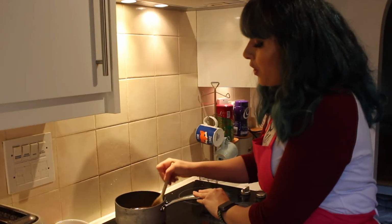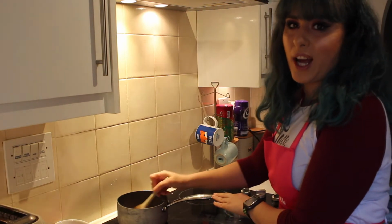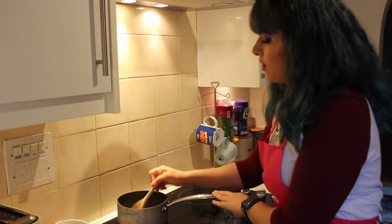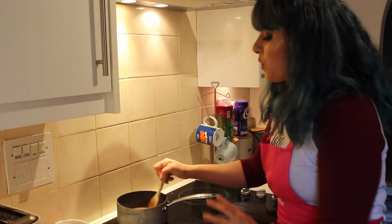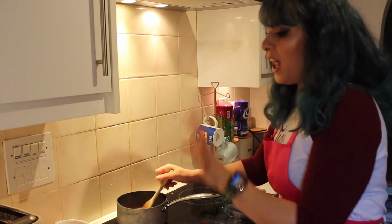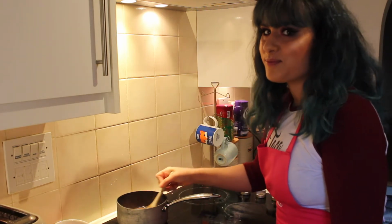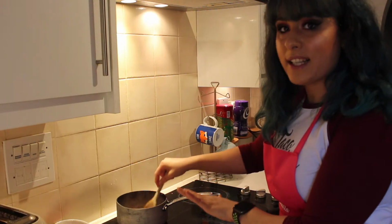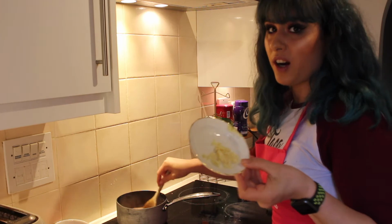And then we're just going to stir this mixture continuously until all the sugar has dissolved. Be very gentle with it. You don't want to splash hot sugar anywhere on your skin. Trust me, it hurts. Once your sugar has finally dissolved, we're going to add 2 chopped cloves of garlic,